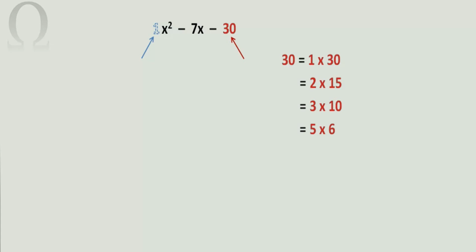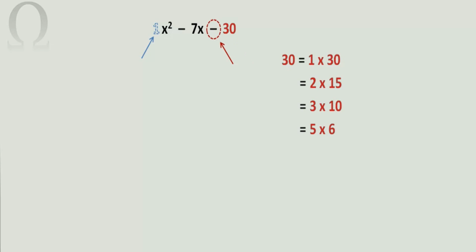Next, we take note of the sign of the last term. If this sign is positive, we add the factors of the last term together to get the middle term. And if this sign is negative, we subtract the factors of the last term to get the middle term. In this case, the sign of the last term is negative, so we will subtract the factors of 30 to